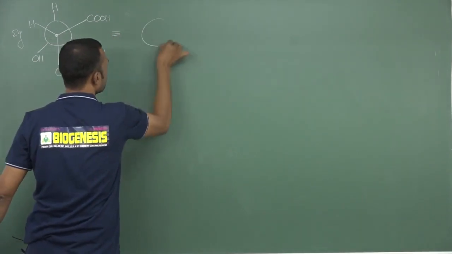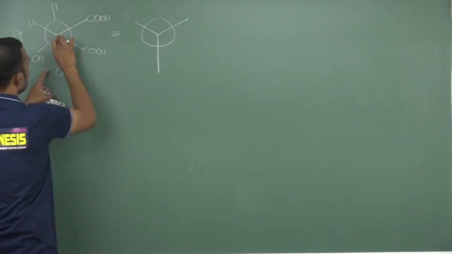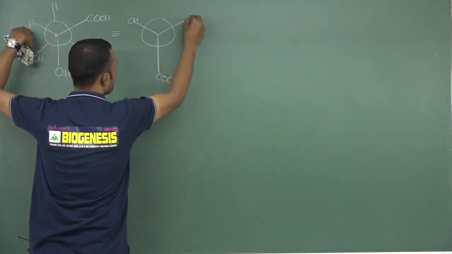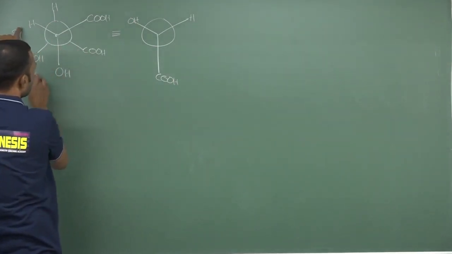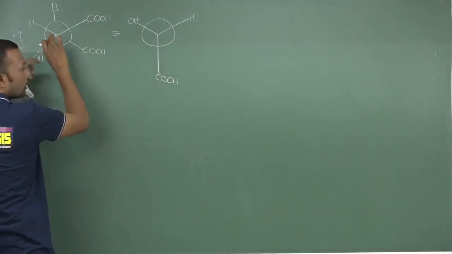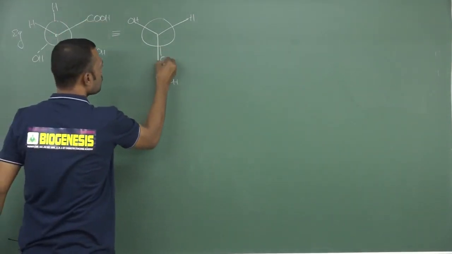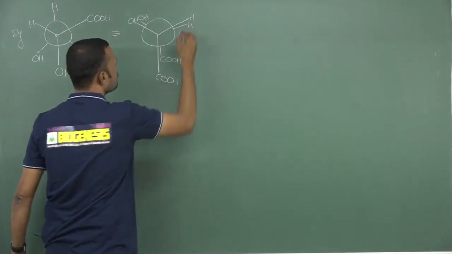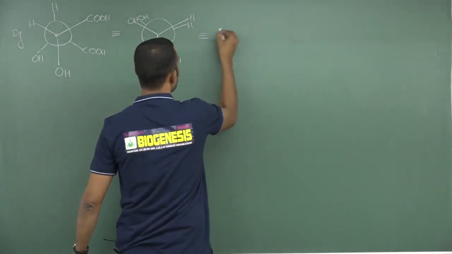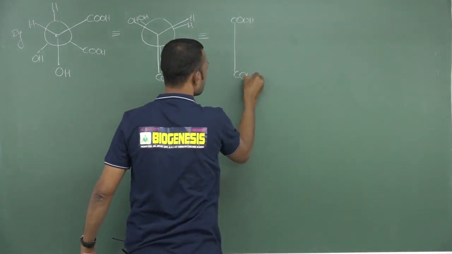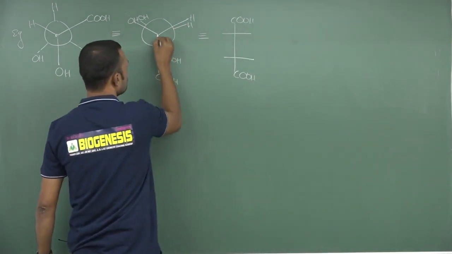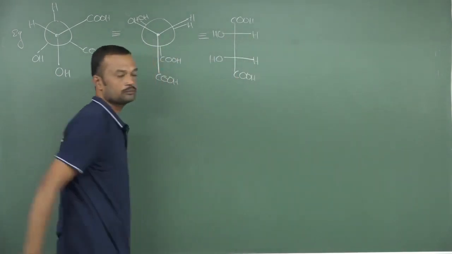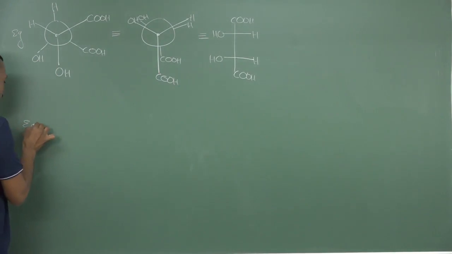So if I rotate like this, the front carbon, this I am rotating, carboxylic acid goes here, now this OH comes here, hydrogen comes here. Okay? Now this you rotate from here to here. Only these three, 1, 2, 3, will rotate together. Okay? So carboxylic acid over here, on the left side is OH, this will come over here, and the right side is H. After that, simply you can represent it in Fischer. See here. So in this particular chiral center, OH is completely on the left side, and here also OH is completely on the left side, and here hydrogen. So not only this, you can take it in another direction. See.